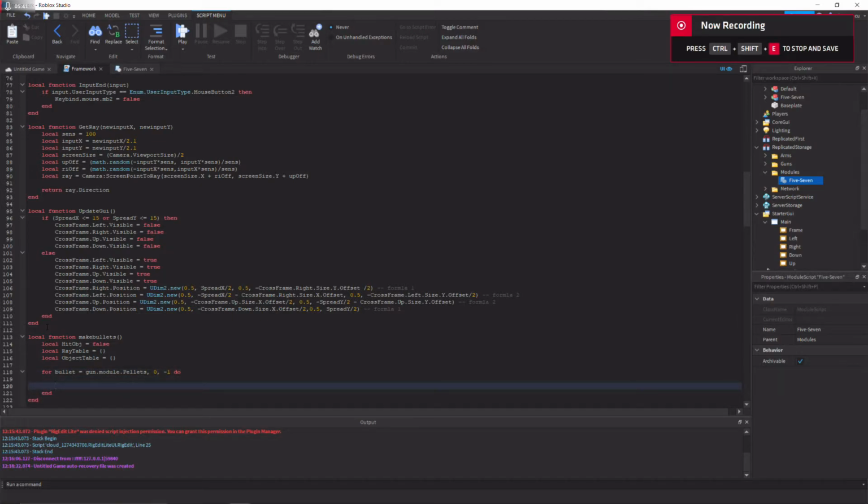So now we're going to make raycast parameters. So we're going to do it default Roblox style. Params is equal to RaycastParams.new, dot filter descendant instances to character,